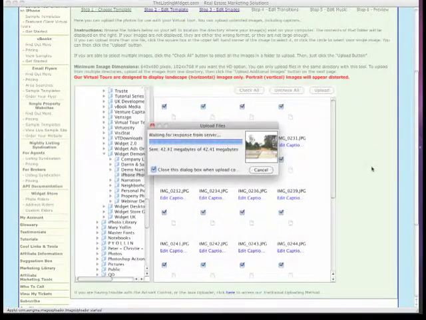Okay, now I've cheated a little bit and edited out the time it actually took for the images to go up, and it took about 7 minutes or so for my almost 42.5 megabytes. And as it's finishing right now, you see it saying waiting for response from server. In a second it'll pop up a dialog box, and we'll just have to say okay and we'll move on